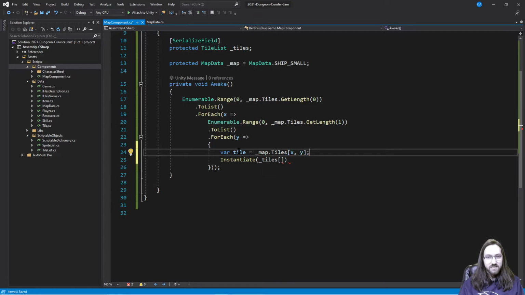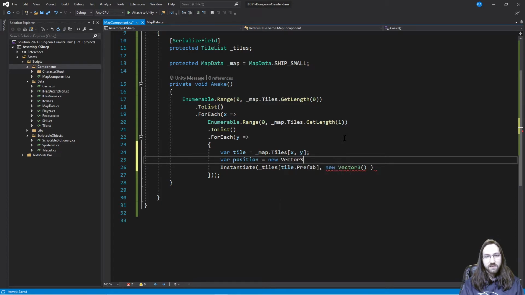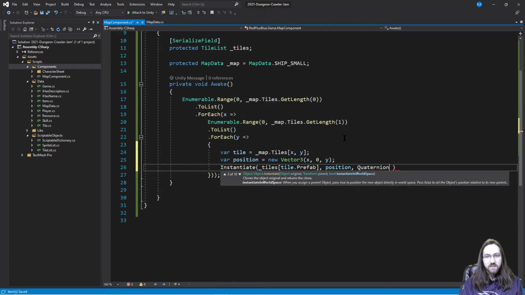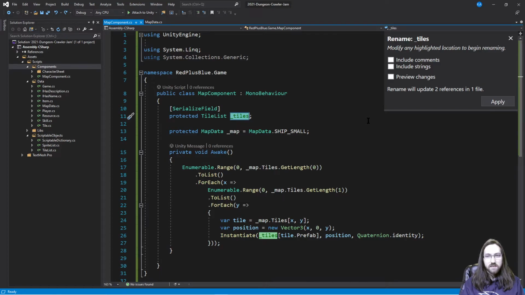So that should be the tile. And then what we want to do is instantiate the tile, or no, tiles. I'm going to have to rename that. Tiles at tile.prefab. And then that's going to be instantiated at a new Vector3, say position, equal to a new Vector3 of x, 0, and y. I'll instantiate it at position, and then Quaternion.identity. I think that is right. So let's do, this will be,